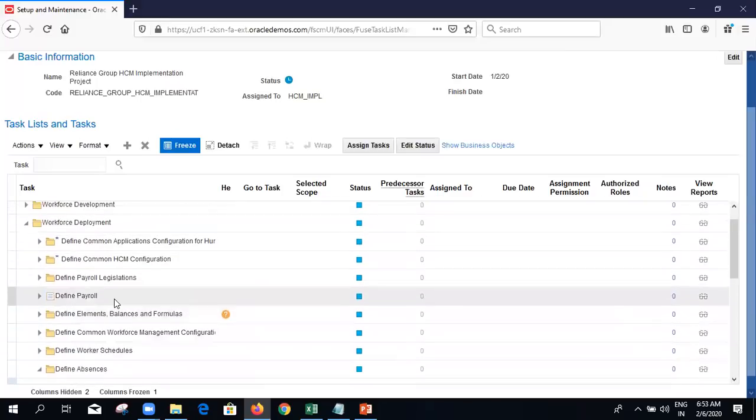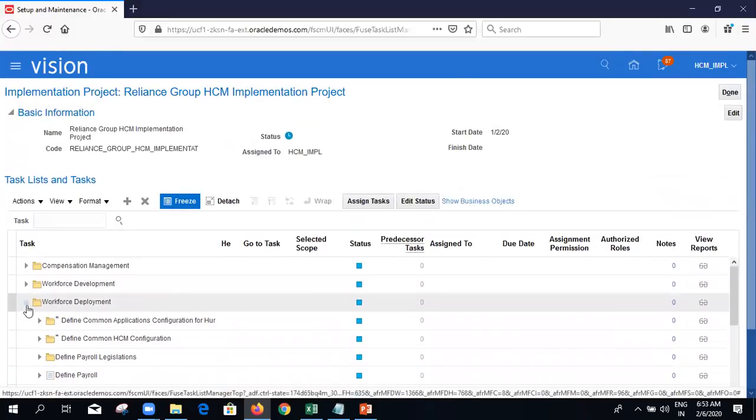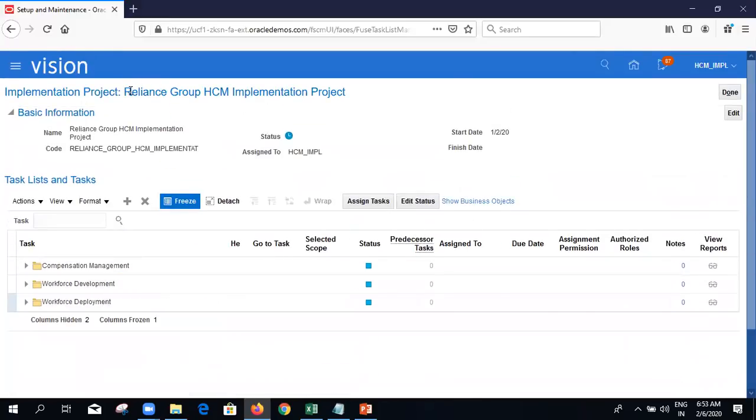By enabling these offerings, we are provisioning this particular project with the respective tasks of the modules. All the global HR, absence management, payroll, talent, goals, all modules we have enabled for this project. So whatever the task from any module, if I search here, I can get the result and then get into the task for configuring that respective thing.